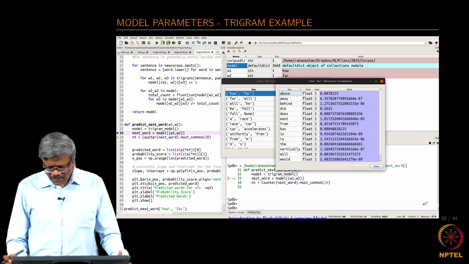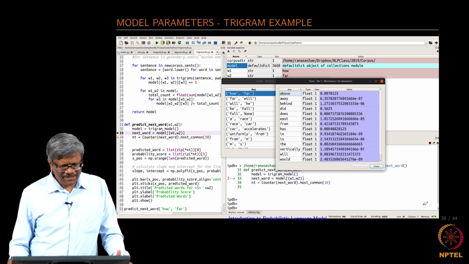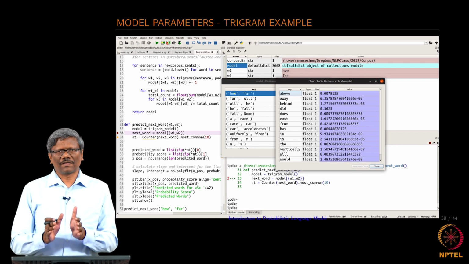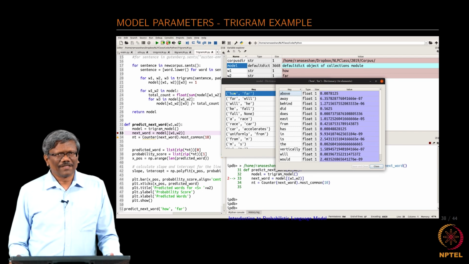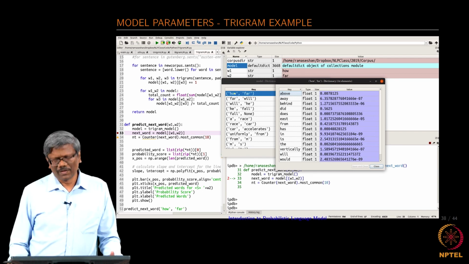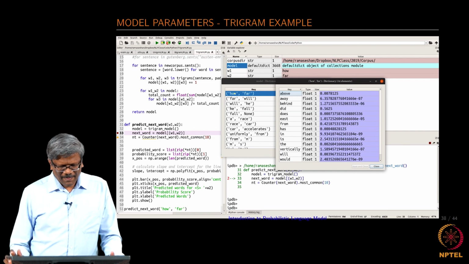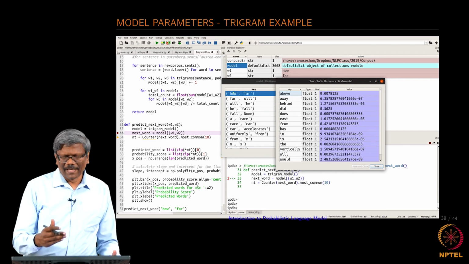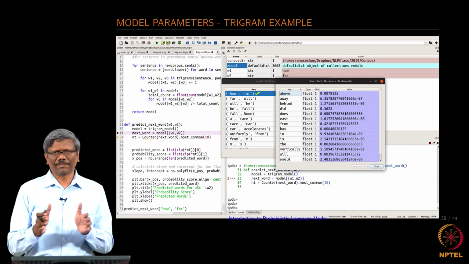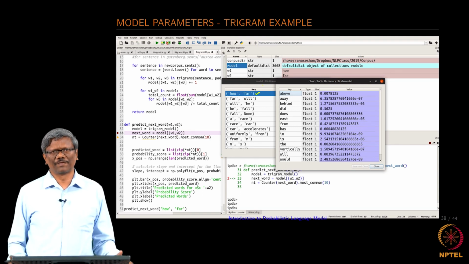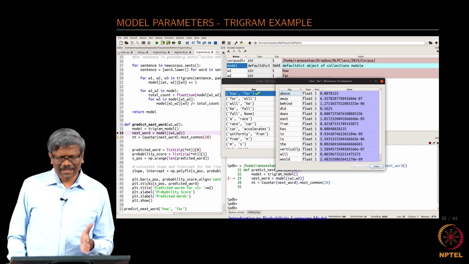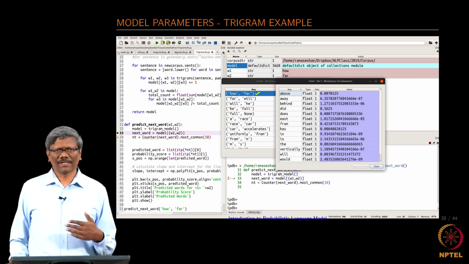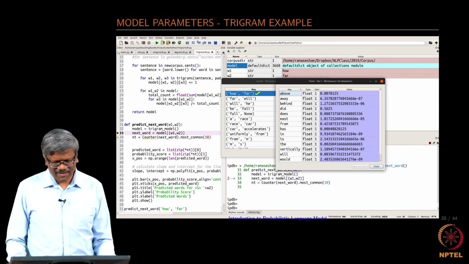Okay. So, in the case of the trigram, we have two words that are given, and we are going to predict the third word, correct. That is how the trigram model works in terms of prediction. Okay. So, earlier we saw in the bigram model how and far occurred. So, we picked up the first two words, and what is going to be the next word. Okay. I can use the same bigram model to do it, but in this case I have picked the trigram model to demonstrate how this can also be done.